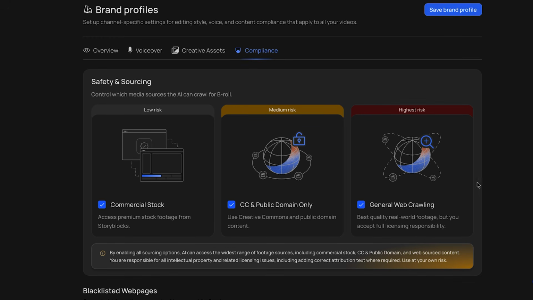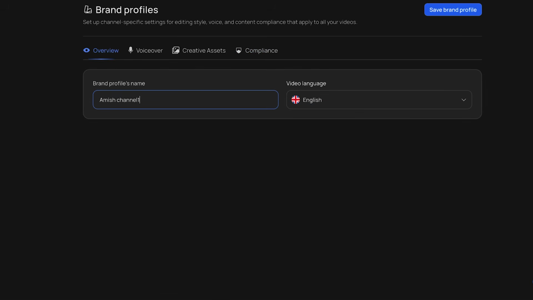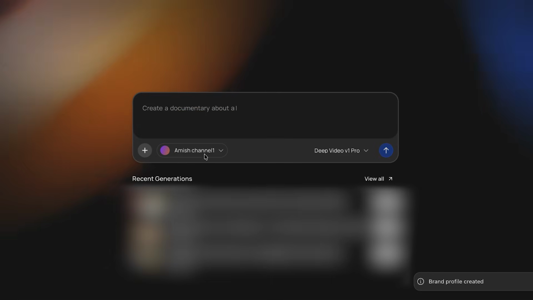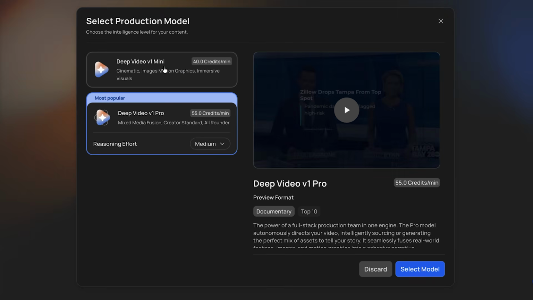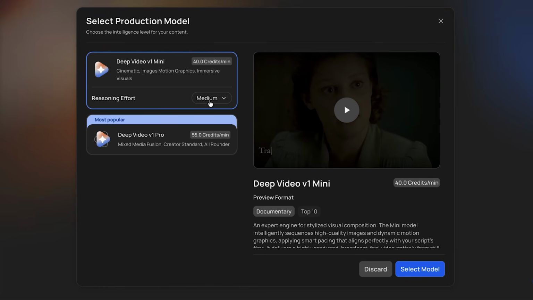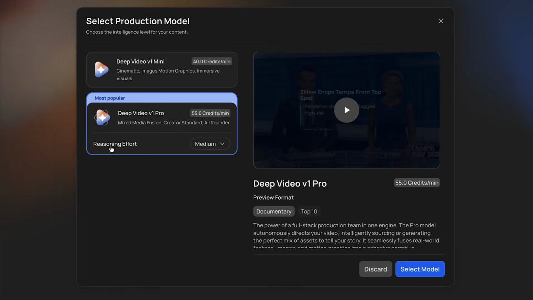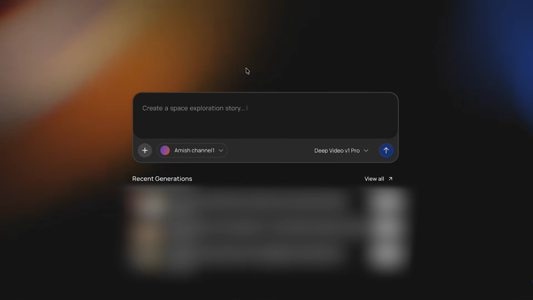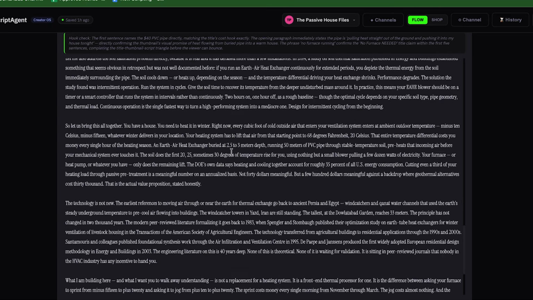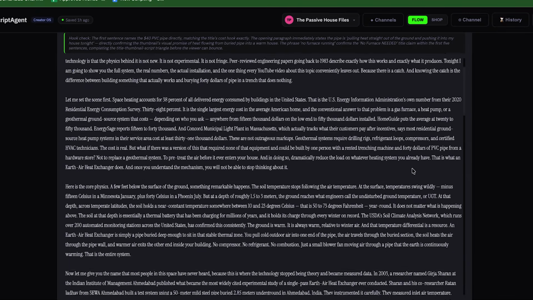And then all I do is save brand profile. Now it's saying that this name already exists. This shows sometimes. So let's just go and press 1 here and then save brand profile, and it's already done. So over here we have the model. We have the V1 Mini and the V1 Pro. I usually choose always the Pro version because it has higher quality videos. Let's hit select model. Now let's go back to ScriptAgent and let's copy the script